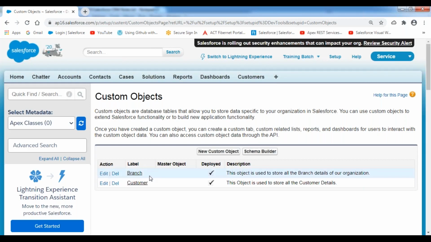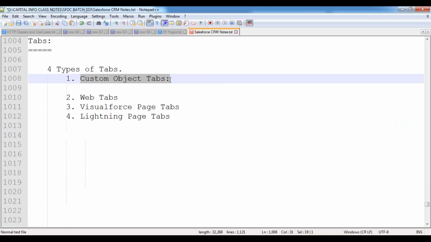For the custom objects we created in the past, if there is no tab available, we can create the tab with the help of an option called custom object tabs. Custom object tabs is an option used to create tabs for your custom objects that don't have any tab. Why? Because an object can have only one tab, not multiple.